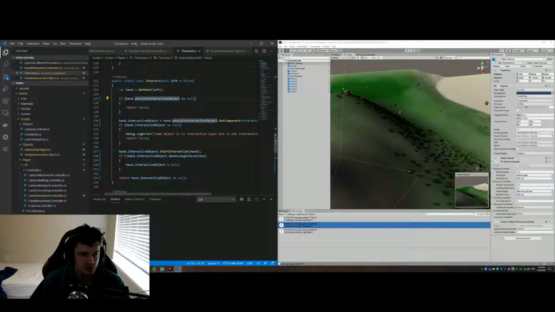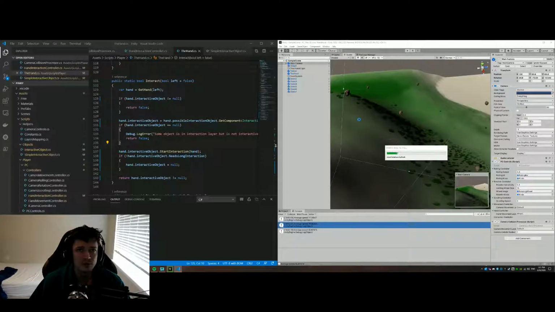Interact. So what? I totally meant something different in here. If this is not equal to null, then return false. If there is no interactive object, then